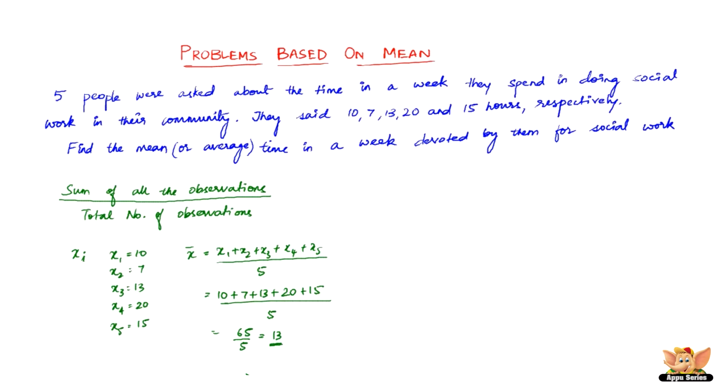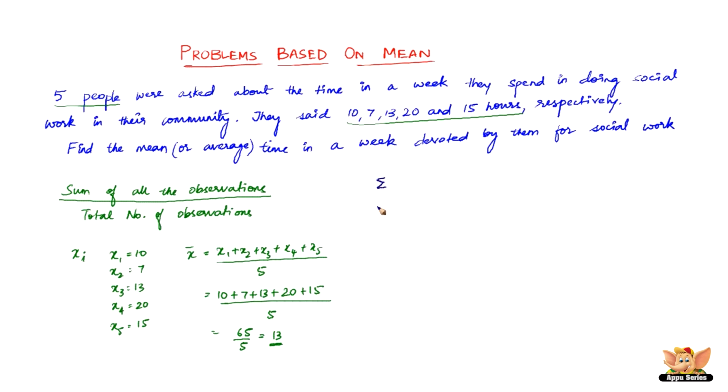Now this problem is done, but there's another important point, quite important to solve problems based on mean in the forthcoming videos. We just found out the mean time spent by 5 people, just 5 people. So it was pretty easy to write x1 plus x2 plus x3 plus x4 plus x5. But now say, for example, we have to find the mean time spent by 30 people in doing social work. Writing x1 plus x2 plus x3 plus x4 and so on to x30 would be a tedious job. So we use the Greek symbol